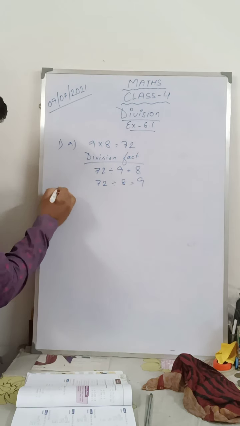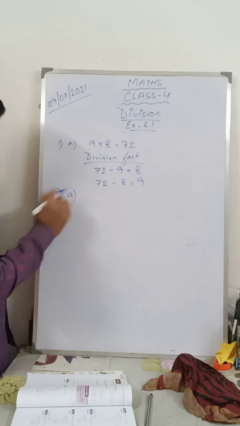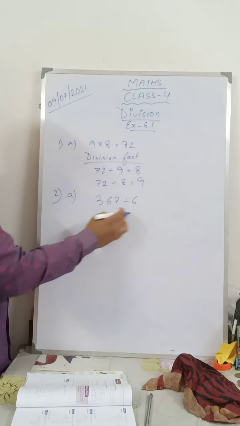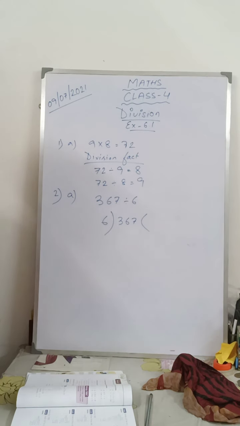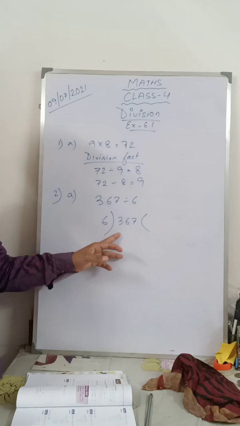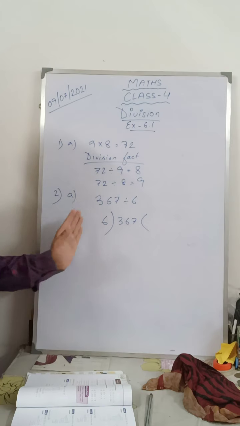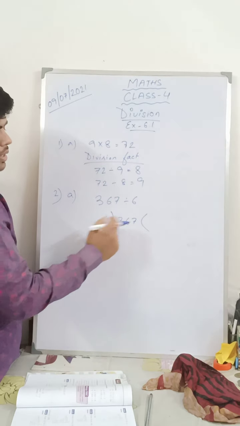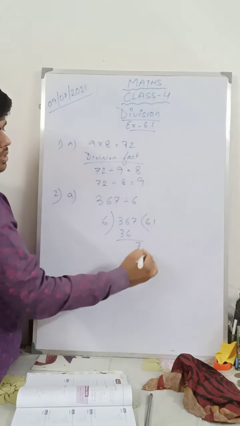Question number 2. In question number 2, they have said divide the following and find the remainder and quotient. Means quotient and remainder. So let us take the first question. 367 divided by 6. When you arrange them, 367 by 6, the rule of division says that you have to divide the first digit first, and then the second digit, then the third digit. If the first digit is not divisible, then you can go for the second digit. So 3 is not divisible by 6, so you will do 6 6s are 36. 7 comes down. 6 1s are 6.